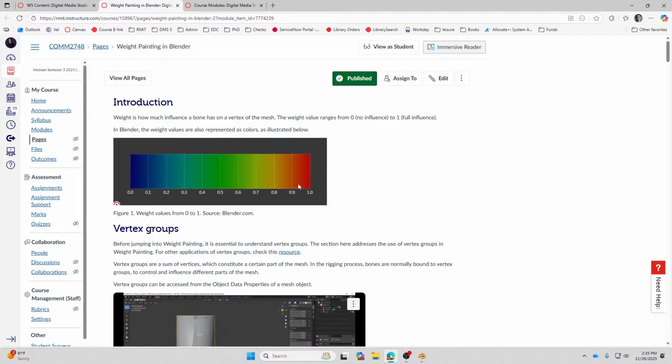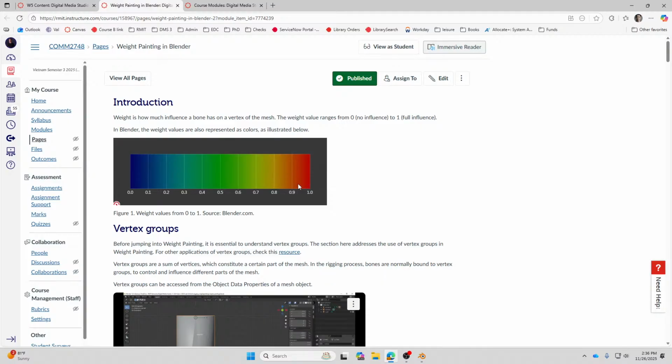Full influence means that when the bone moves, that vertex is going to move along. No influence means when the bone moves, it doesn't move. Keep that in mind, and all the values in the middle are transitions from no influence to full influence. And we will tackle them one by one.